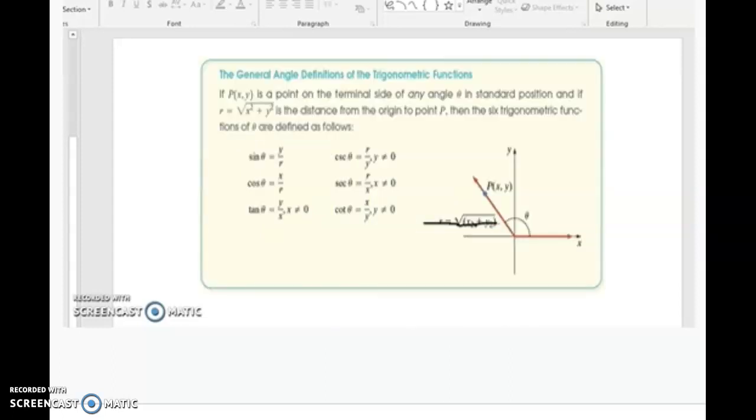This last slide just shows another way of thinking about the definitions of our trig functions. You should be able to think about and recall the definitions of our trig functions using the method here on this slide, as well as the method involving the 3 sides of a right triangle. This method reminds us